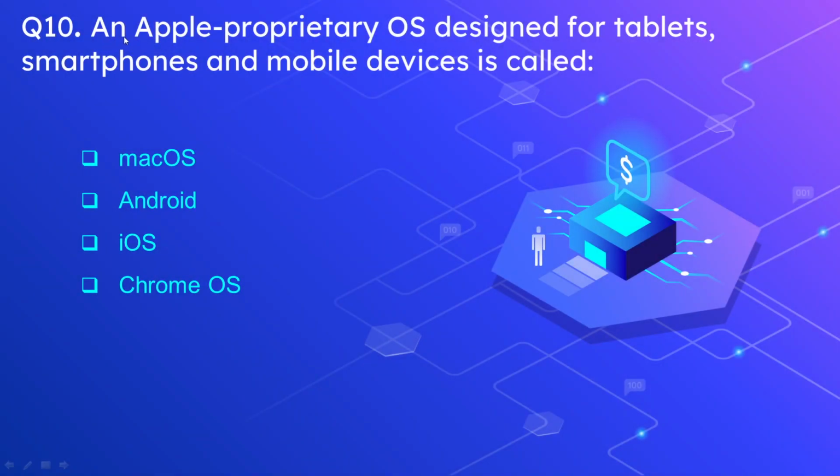Question number 10 is that an Apple proprietary operating system designed for tablets, smartphone and mobile devices is called, and the options are macOS, Android, iOS and Chrome OS. And the correct answer is, all of you that have the iPhone must know the answer, and it is the